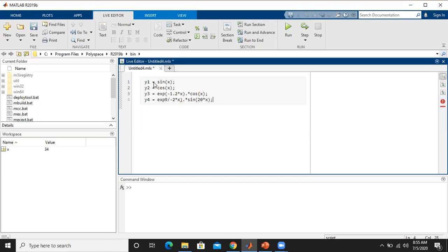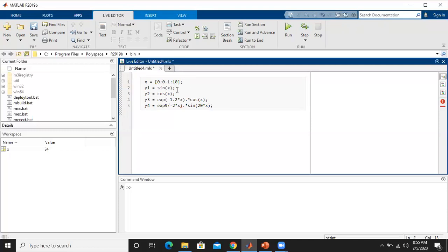Now these 4 functions has to be plotted over a range. So I am specifying the range for all the 4 signals equally. I mean the same x values have been provided to 4 functions. You can also try for other values of x ranges for each function. So starting value is 0, incremental value is 0.1 to make the curves very smooth. Then the ending point is 10. So all these 4 functions are going to be plotted against the values of x from 0 to 10 here.